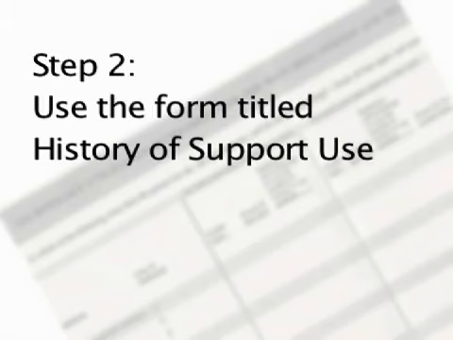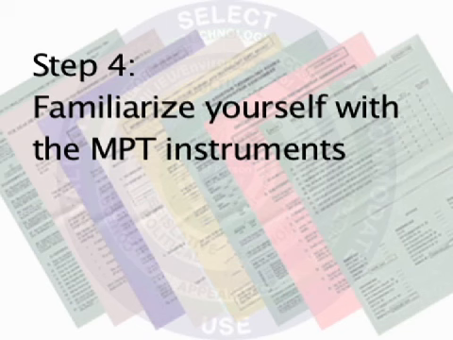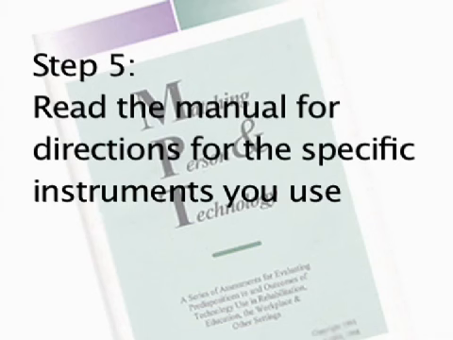Step 2. Use the form titled The Story of Support Use to identify technologies used, desired, and needed. Step 3. Use the flowchart on the form entitled Collaborative Model for Matching Persons with Technologies to organize your assessment and to select the appropriate MPT instruments. Step 4. Familiarize yourself with the general procedures for using the MPT instruments. And Step 5. Read the appropriate sections in the manual for directions for the specific instruments you have chosen to